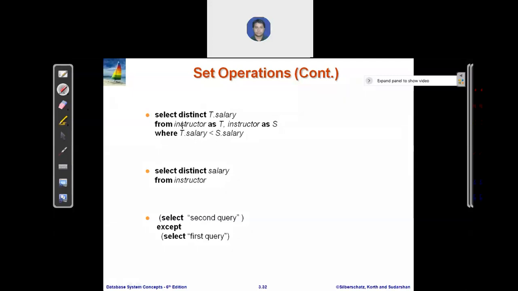Please think about it. I'm just pausing for a minute. What is the result of this query, and what information will this query give you?